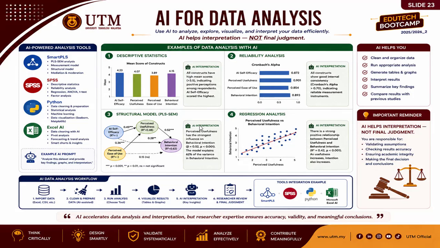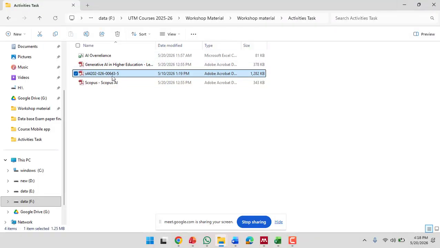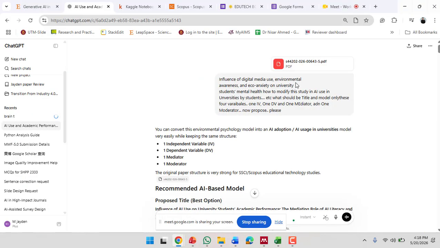We will see some demo. Then writing the results and discussion sections is very important, so interpretation of results is presented. Because we are already 10 minutes over, so it's okay. Anyway, we give the first file, first find a few papers if you want. For example, the system is quite slow, so maybe the screen is shared.